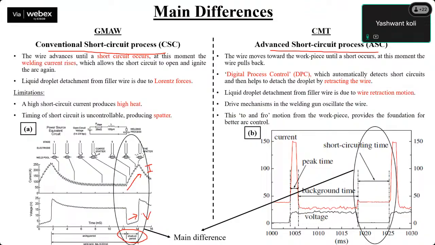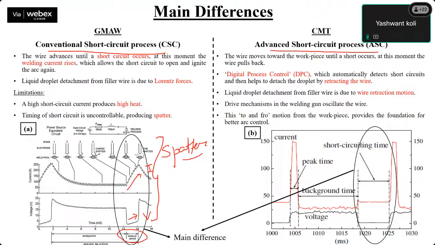So voltage and current both are increasing. This is not acceptable for less spatter. This will have more spatter, bigger, heavy spattering, and the droplet is also forming a globular